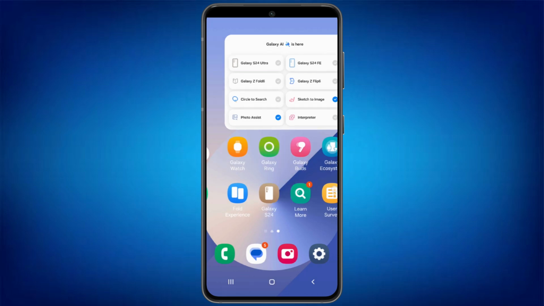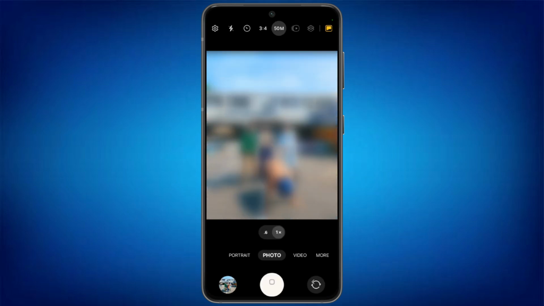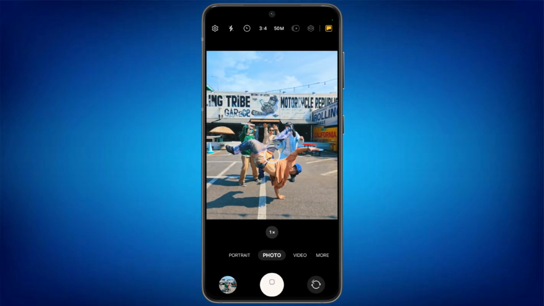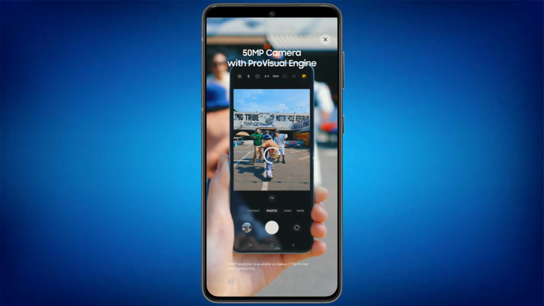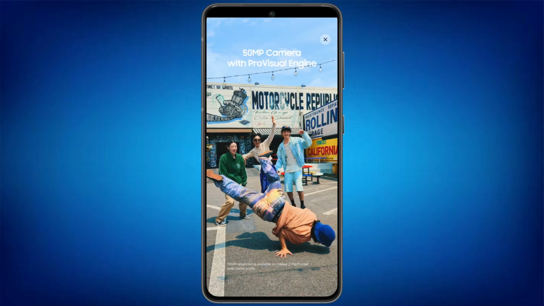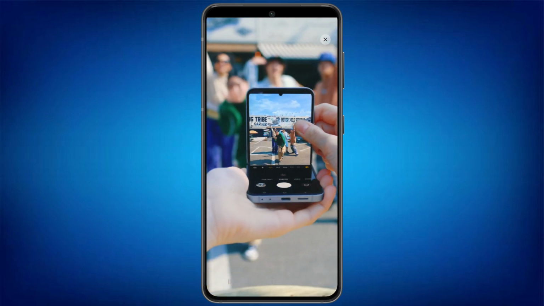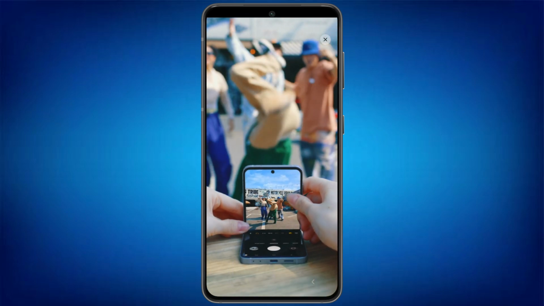There's another feature within the Camera app. There is a new Pro Visual Engine being implemented to the Camera app to get higher quality photos. But that's not it. You can try all of these features by using the Try Galaxy app on your own device. And that's basically how you can try the latest Galaxy on